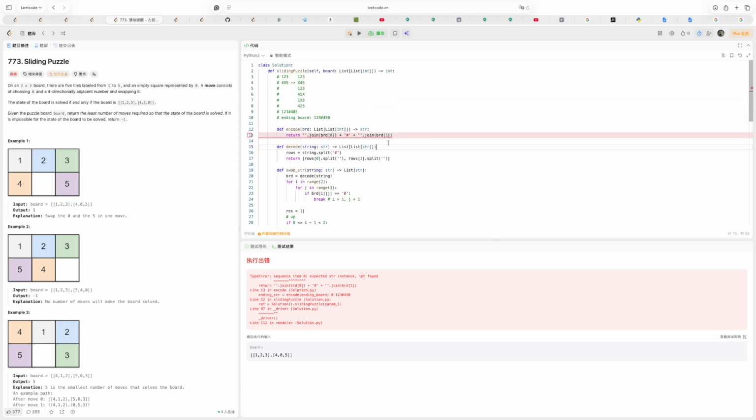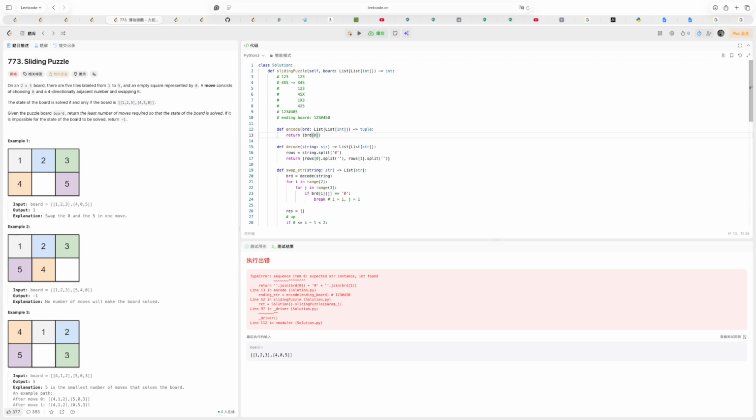Yeah, it's not, or maybe we use tuple. Not sure if it's, if we use tuple, maybe like